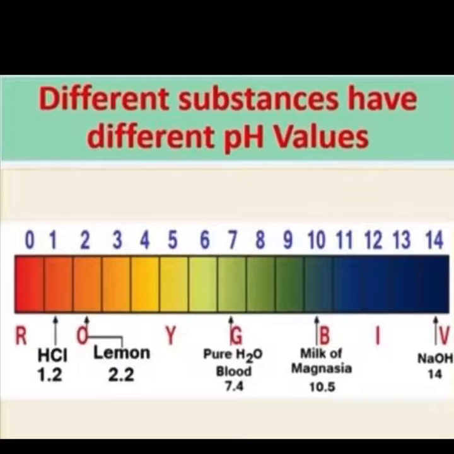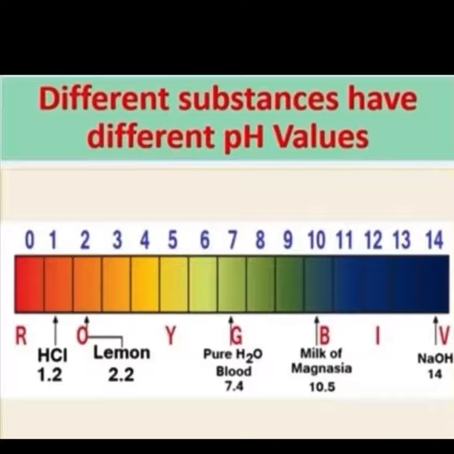Yes, if the pH value is 1.2, we can say that it is very strong, because the pH value is less. If the pH value is 13 or 14, we can say that that base is very strong, right? Yes. By noticing the value of pH, we can say whether the solution is how much strong or how much weak.